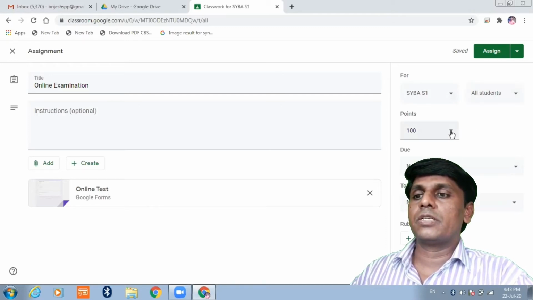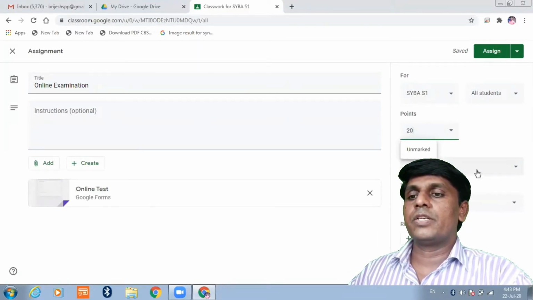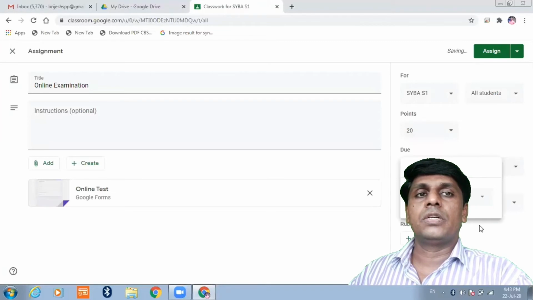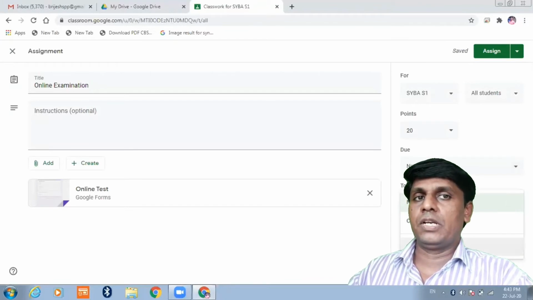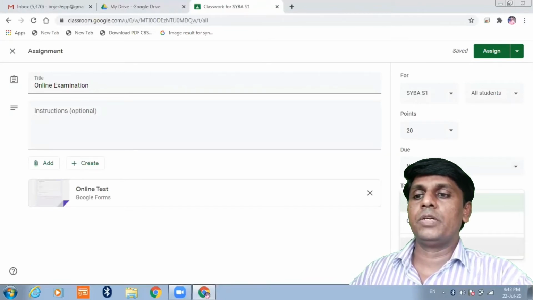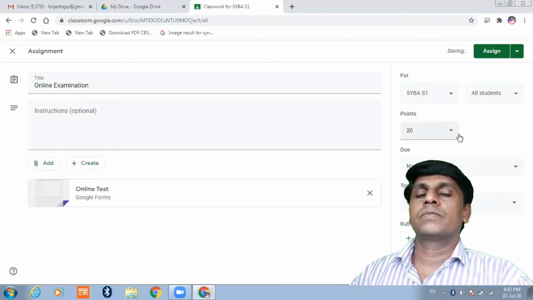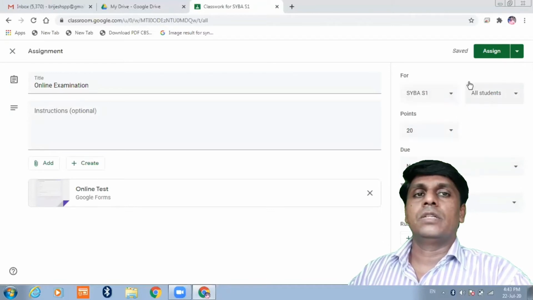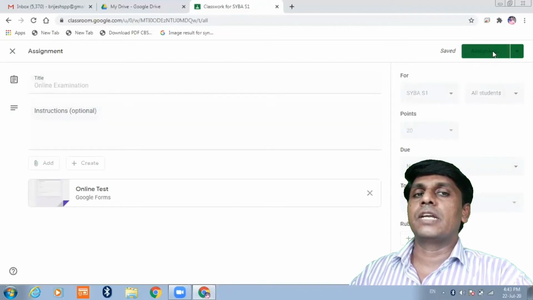Then say 20 marks or whatever the marks may be. If you want to give a due date, then give a due date. And if the test is related to a certain topic, set the topic from here, and the setting is finished. Then from here say assign.